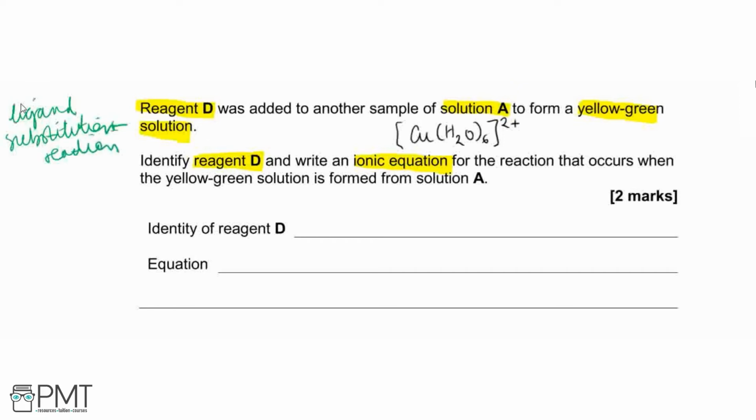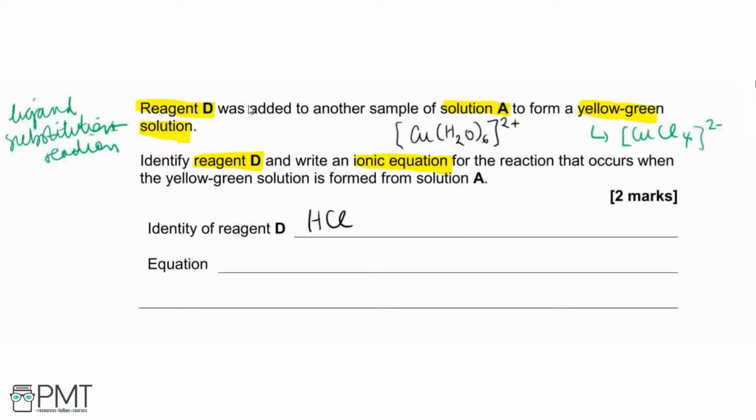Specifically, one of the complexes which you have to learn, which has a yellow-green colour for the solution, which is a copper-based complex, is the copper tetrachloride complex, which has got a tetrahedral structure. So this is one of the complexes you have to be able to learn, and with the colour as well. And to form this, we need a source of chloride ions, and our reagent D is therefore going to be our